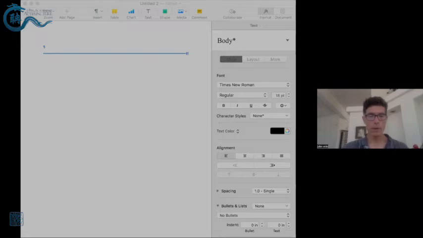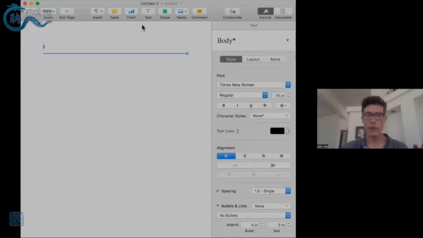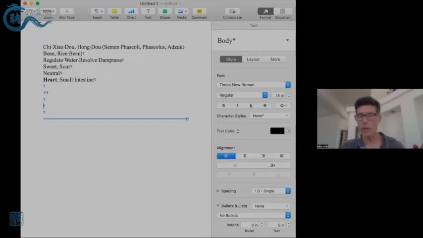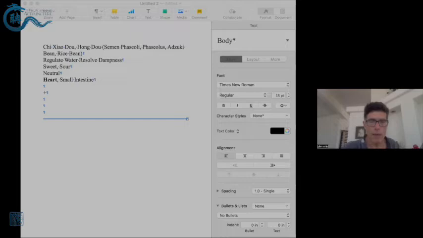So Chi Xiao Dou, remember that started looking good. Why did it look particularly good? Because it has that small intestine tropism and it's neutral. Now I'm going to say yes to this herb just based on that small intestine tropism and the fact that it's neutral. It's going to help to add to our synergies, based on the other stuff that we saw, where there were so many of these yin channels in the other herbs. So then maybe,